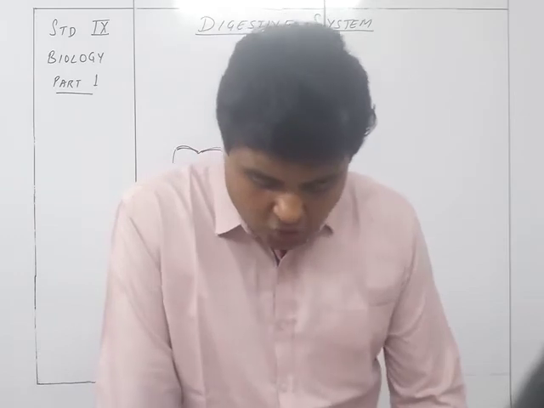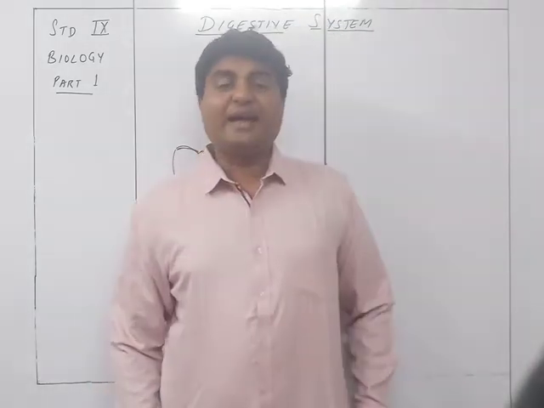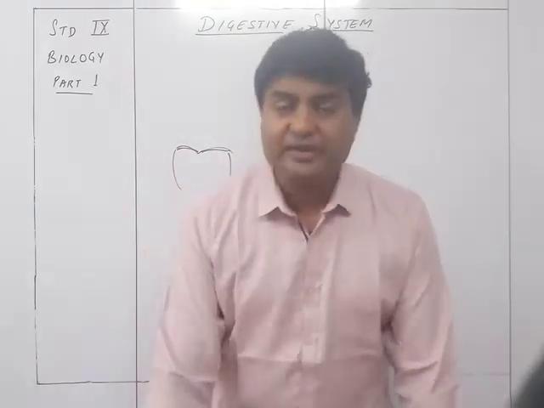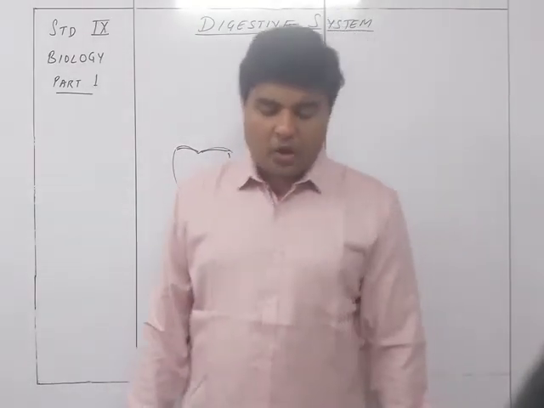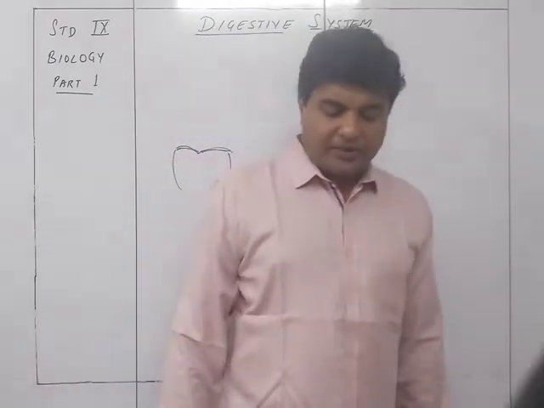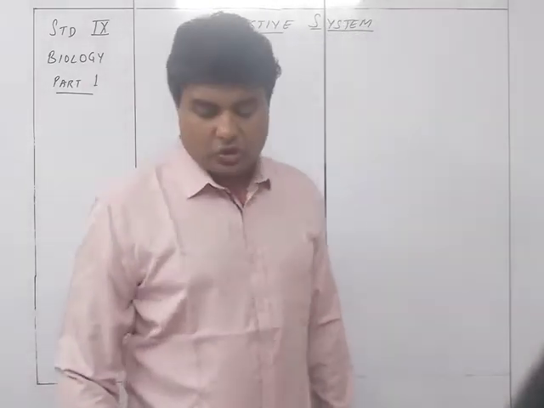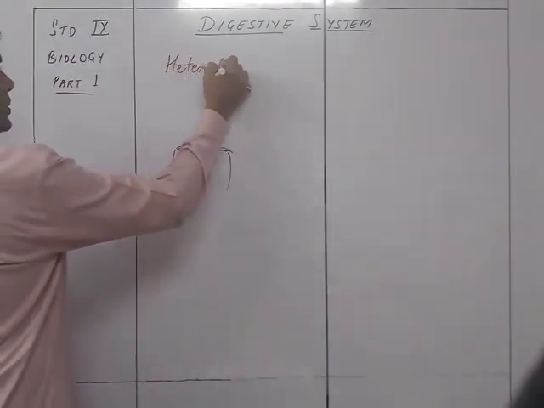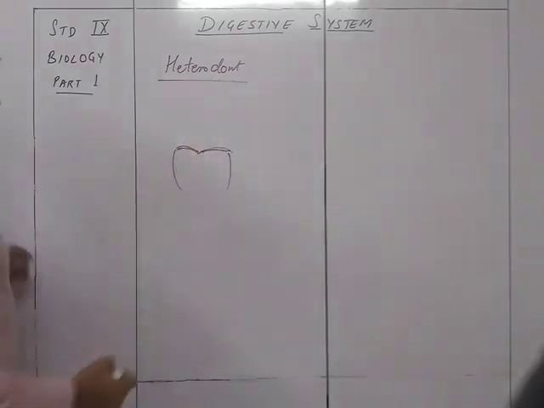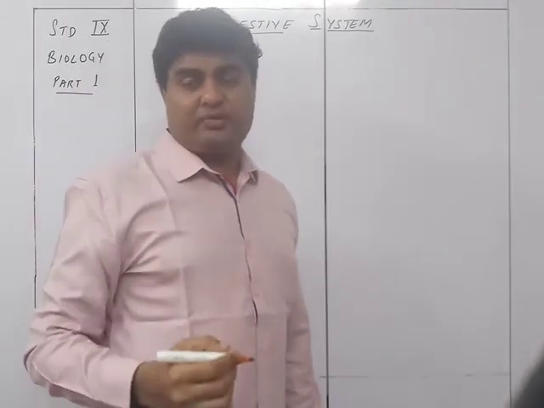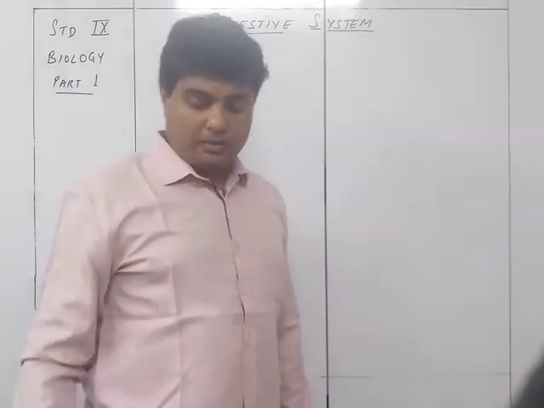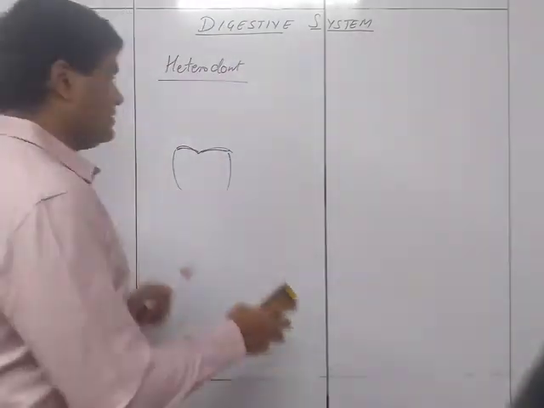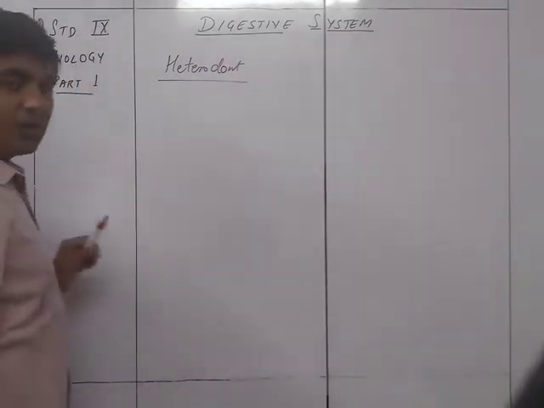The wisdom teeth are so called because they appear last, at the age of about 17 to 20, when the human body is reaching maturity. Thus, human or mammalian teeth are different in shape and are hence called heterodonts. Heterodont means they are of different shapes. In the case of humans, each tooth is going to be different, and that's why they are called heterodonts.